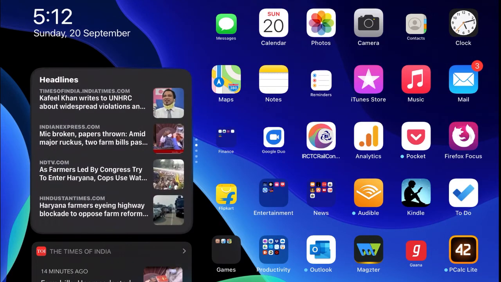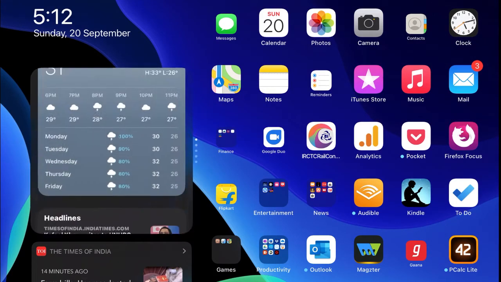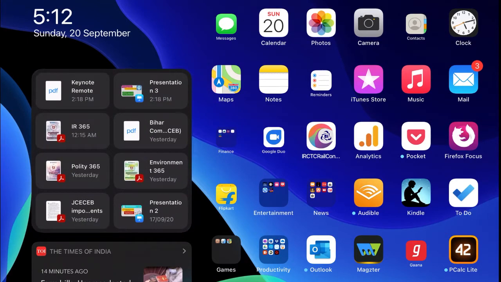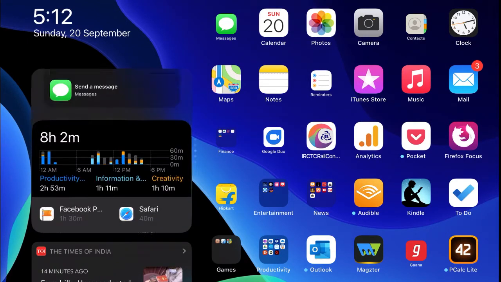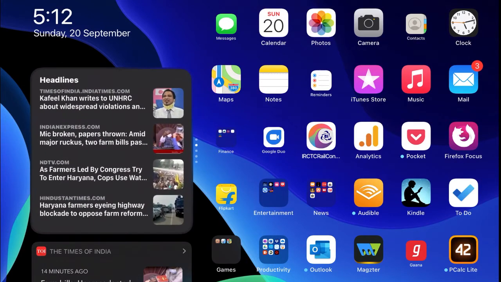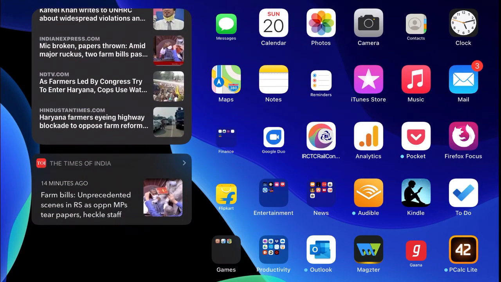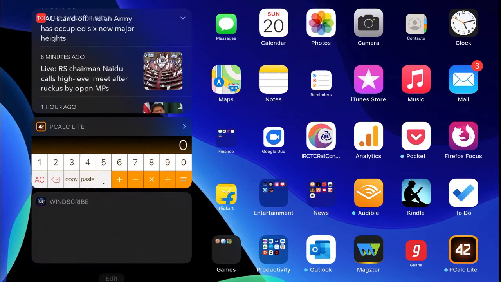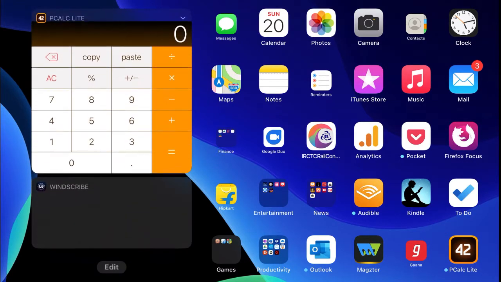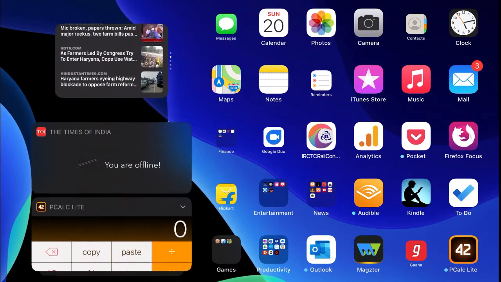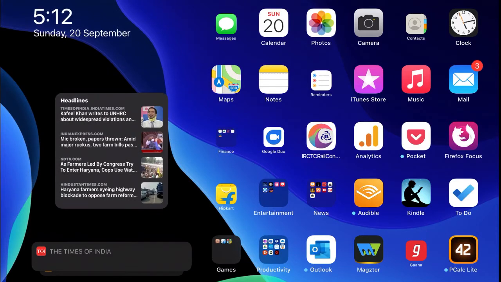Today I will be showing you how you can change the size of the widgets in iPad OS 14. The customizable nature of widgets has been the top selling point for the latest Apple operating system. For changing the widget size, you need to select the desired size at the beginning only, when you place widgets on the home screen. It means after placing widgets on the home screen, you cannot change their size. Let me show you how you can customize widget size in iPad OS 14 or iOS 14.